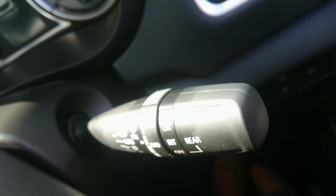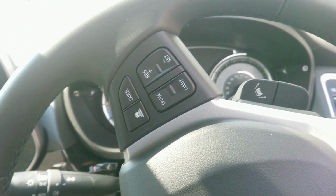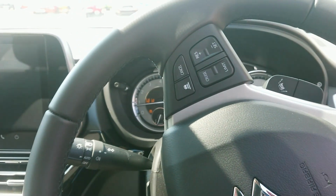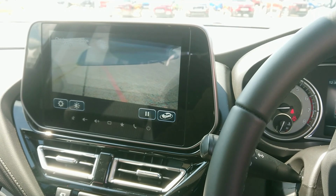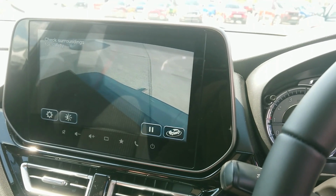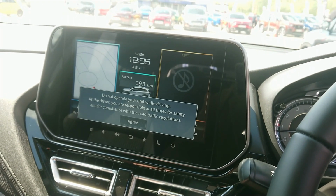Automatic lights. Got automatic wipers in this as well. Adaptive cruise control. Bluetooth. In fact, if we've got the key in here, which we have, we can just turn her on, and we will just take a look at the entertainment system whilst we're here. It's a much better system than the old 7-inch touchscreen used to be. And actually we've got a surround view camera that seems to be enjoying itself right at this moment. I think we might have to cut its fun out in some way, but there we go. Yeah, that's wonderful. Do not operate your unit while driving. Well, I'm not driving at the moment,